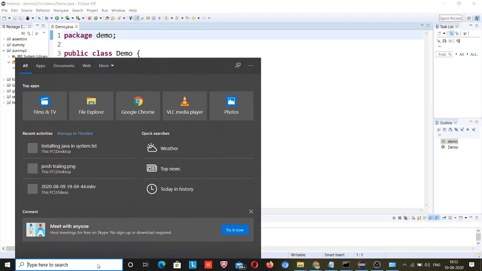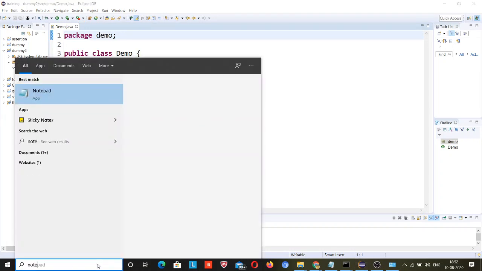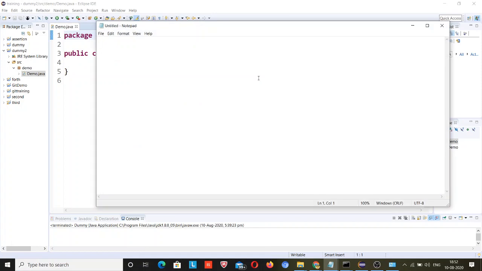So what I told you is that there is a project, inside the project there is a package, and the package should be created inside the src folder. And inside the package there may be a class. This is the standard structure of the project.